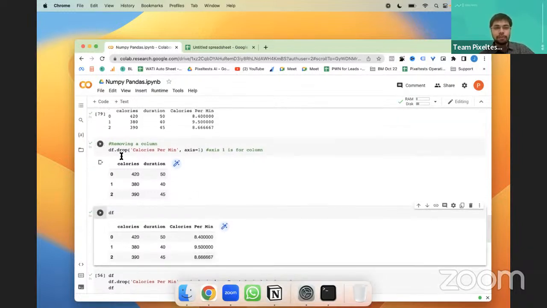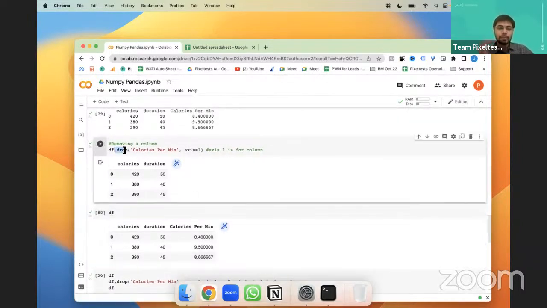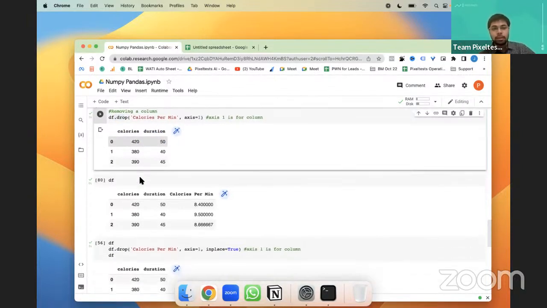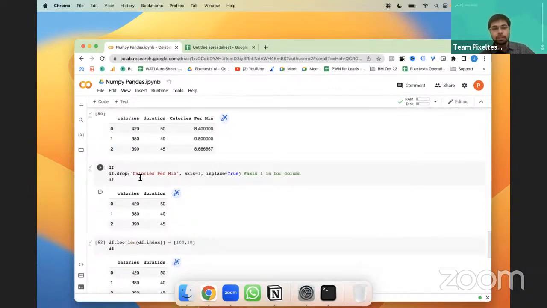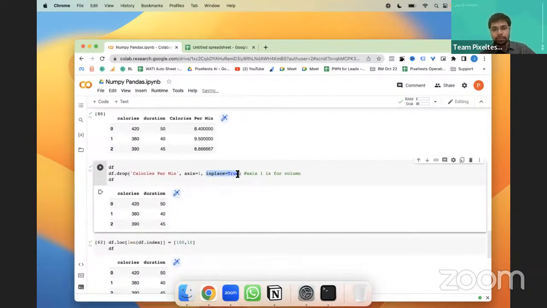Whenever you use a drop statement, it drops in a new data frame object. But if you want to drop it in the same table or data frame, you use something called inplace.